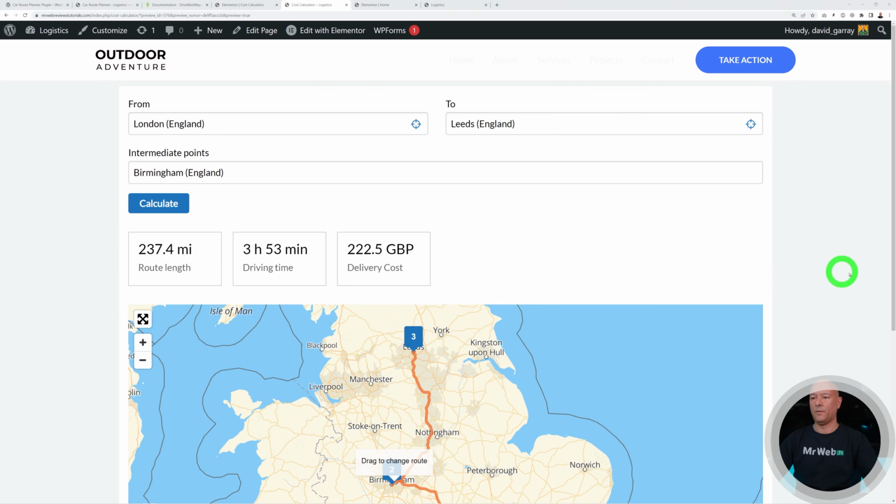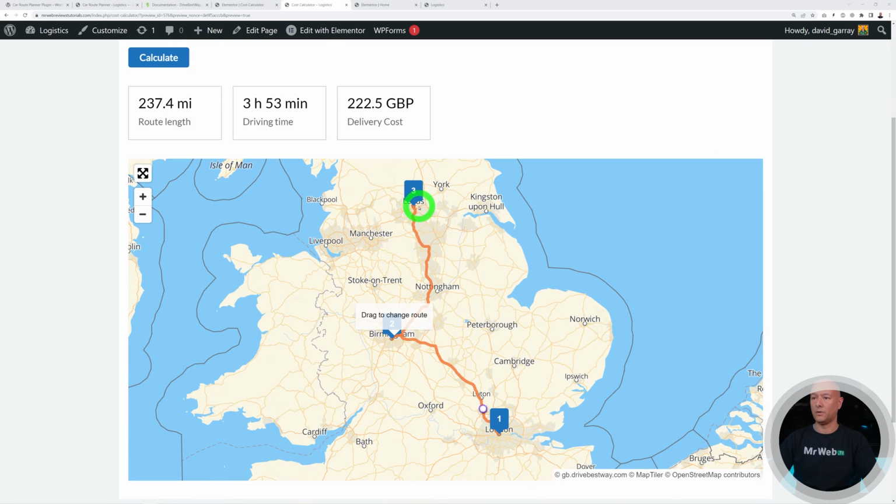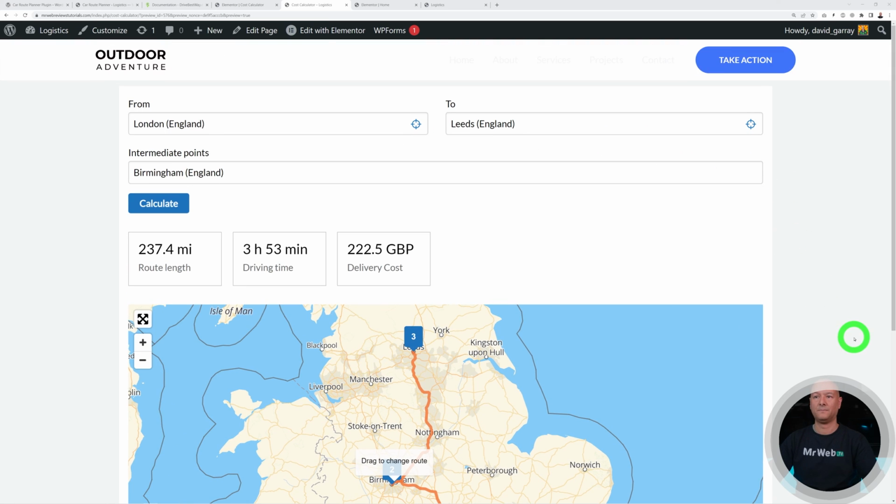And let's calculate. And there you go. As you can see, this is going to cost our customer £222.50 altogether to go from London to Leeds via Birmingham. Very good. And now that we have our cost calculator sorted out and our page created, we can link that